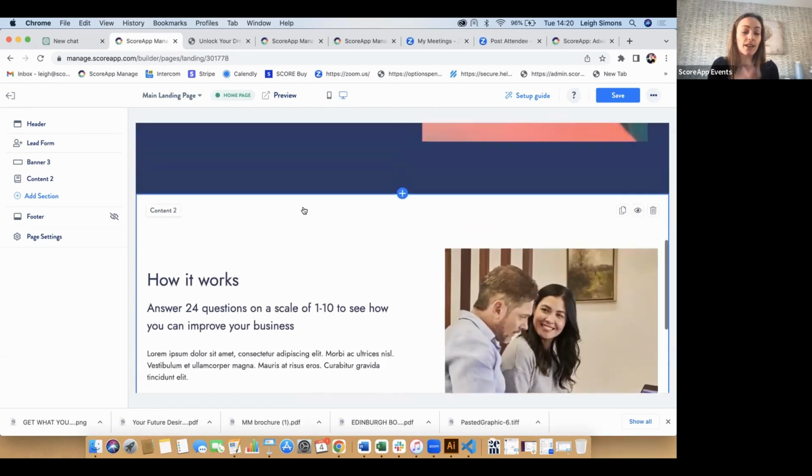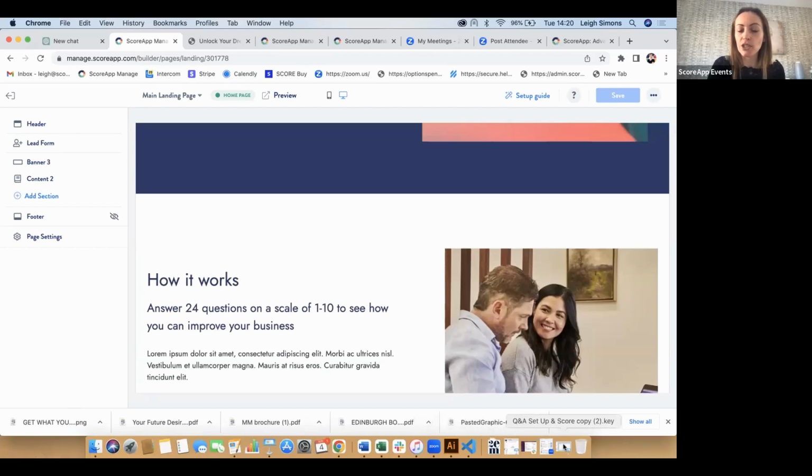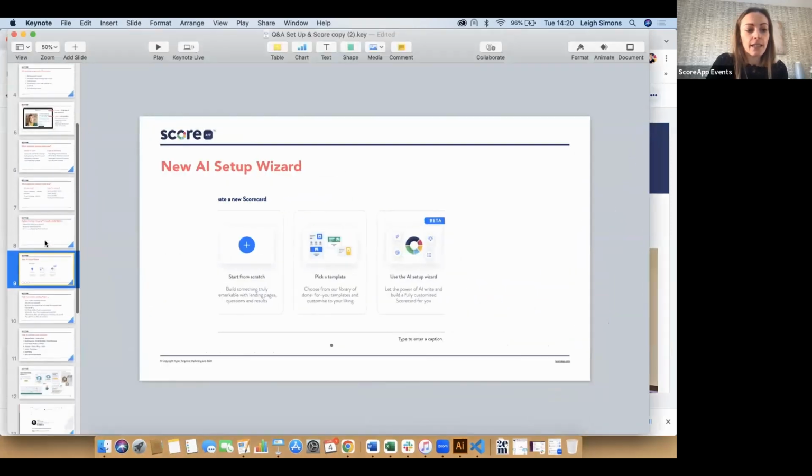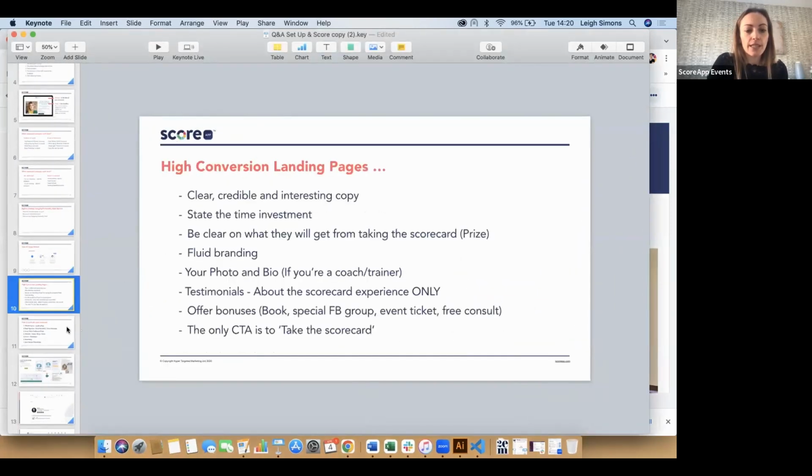So that covers the technical aspects of building your landing page. I now want to talk through some best practice for that landing page, and then if anyone has any examples that they'd be happy to share with us, that would also be really useful. So landing pages. What we'd like to see on the landing page is clear, credible, and interesting copy,